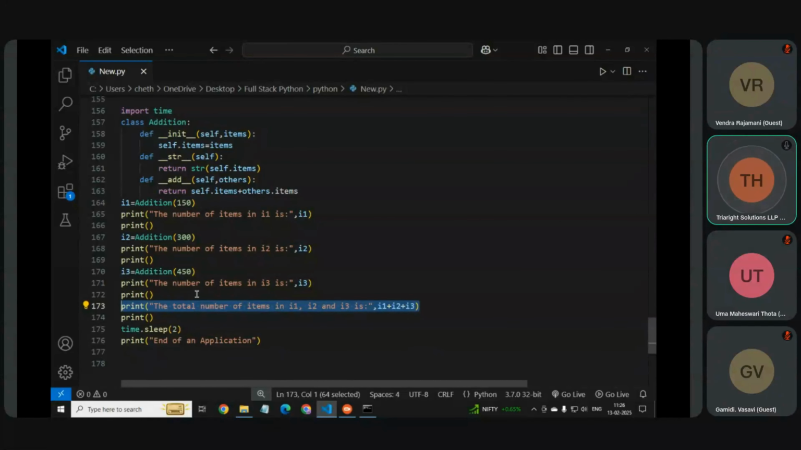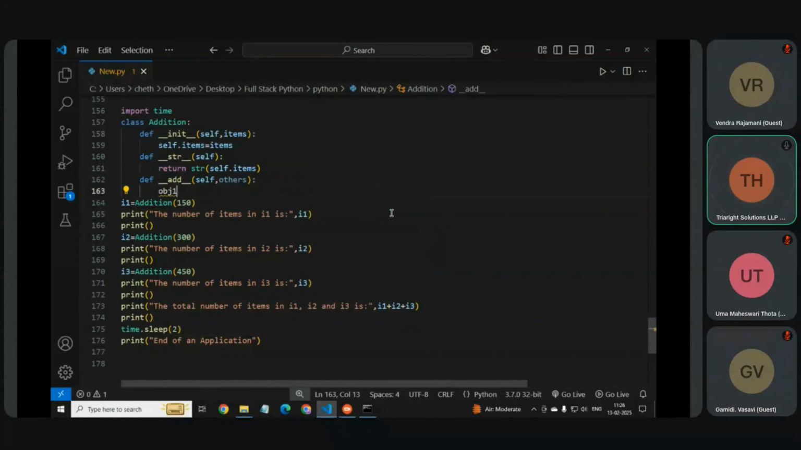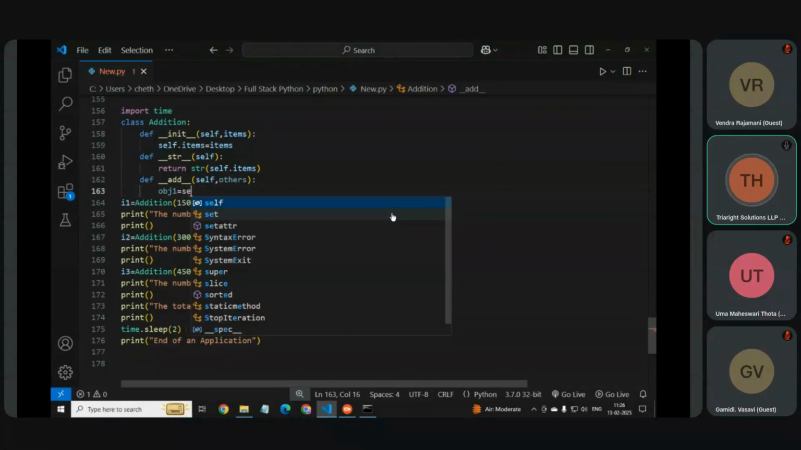Yes, so for that what we have to do is, here we have to write object one, any variable you can give, right here class name. In class name we write return, and in that return we write the operation we are doing, so that operation we have to write here,